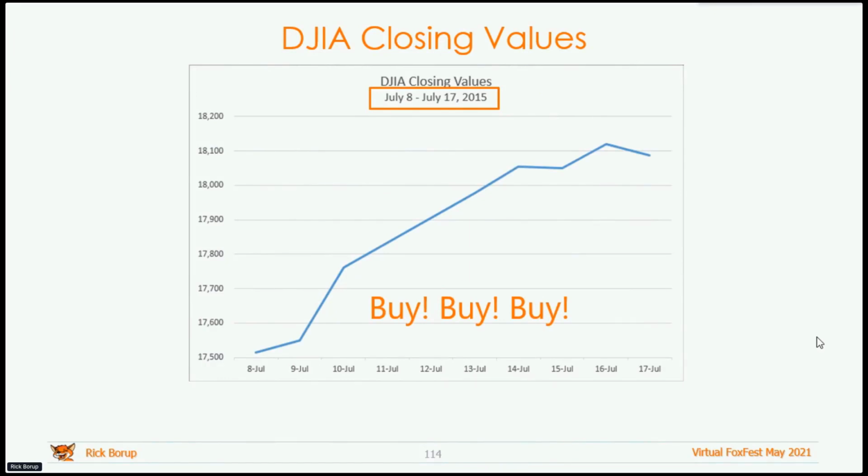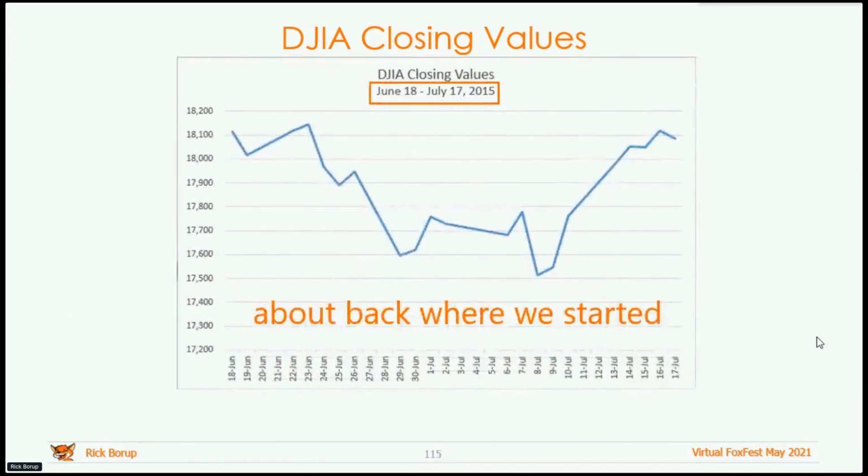Again, all 3 of those are distorted because we're not starting at zero, but that's not the point for this exercise. The point for this exercise is that by segmenting the data, we can choose to paint whatever picture we want. Now, the entire period, June 18th to July 17th, we end up about back where we started, but that also obviously is an arbitrary